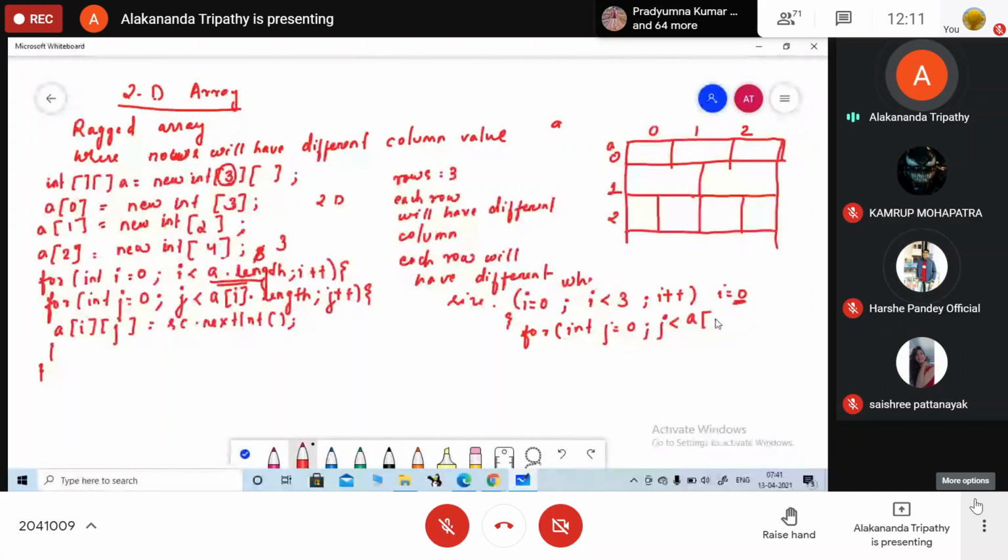So A0 dot length, what is the length of A0? 3. So J is less than 3, and J plus plus. Are you getting my point?